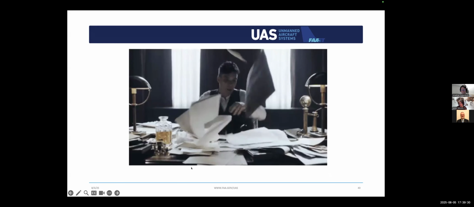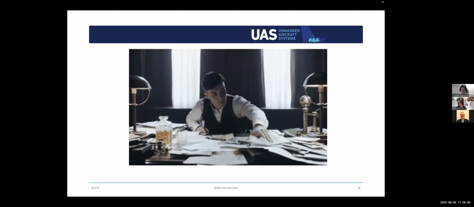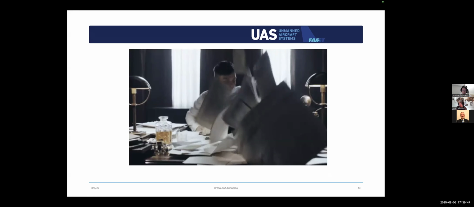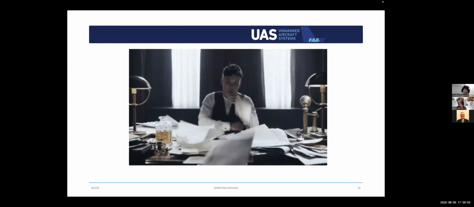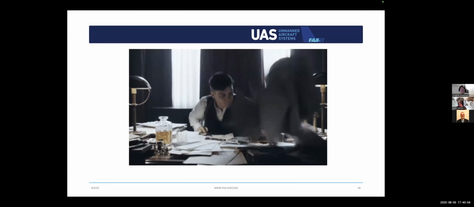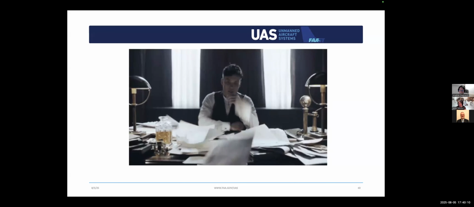All right, so now after you're certified, you clearly display your N number on your aircraft. Always carry all your certificates with you when flying your drone. Register any additional drones you intend to operate, and renew and maintain your Part 107 certification every 24 calendar months. Adhere to all Part 137 operational and safety requirements, and keep detailed records, not like this clown. Keep detailed records of your operations, including substances applied and locations. And then